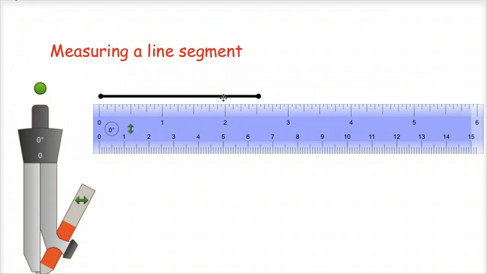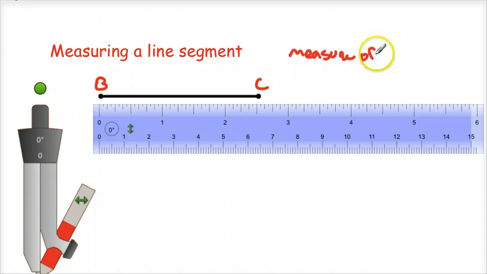So if I put my line segment right here, let's call this line segment BC, okay? And I want to find the measure of line segment BC. On this side of the ruler, these are inches. So that's 1 inch, 2 inches, 3 inches, and so on. I can see that this is 2.5 inches. But there's all these other little marks here, right? This is clearly halfway between 2 and 3. So I can say that the measure